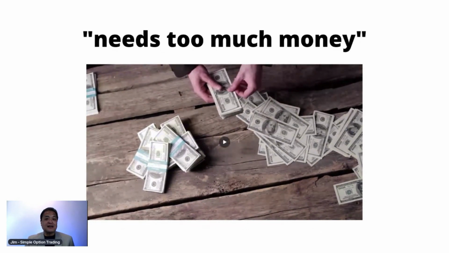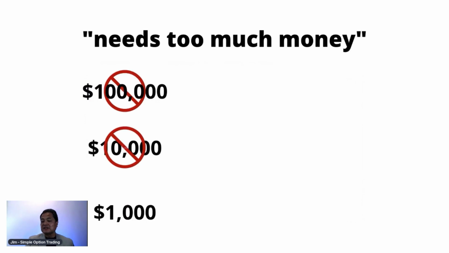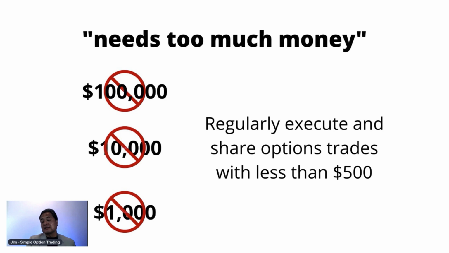And the other thing that I struggle with is when I tell people what I do, or when I was actually telling my son, the thought was, well, it takes a lot of money to do options trading, right? You can't just walk in there and start doing options trading. You got to have a ton of money. Now, I will admit it takes money to make money, but it doesn't have to take a lot. I hear people talking about $100,000, and I'll tell them no, it doesn't take that much. 10,000 or 1,000. Now, the more money you have, the more potential to make more money.